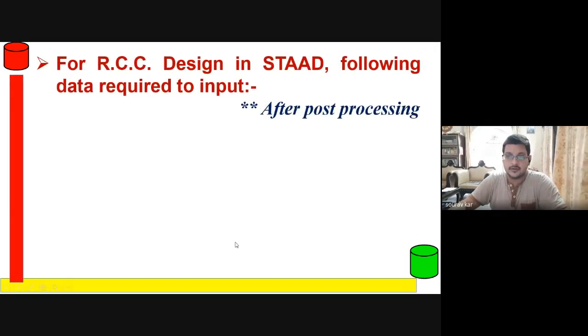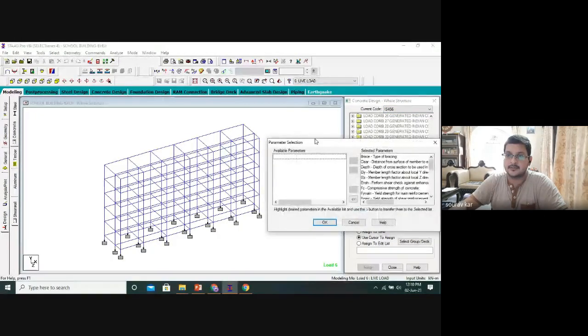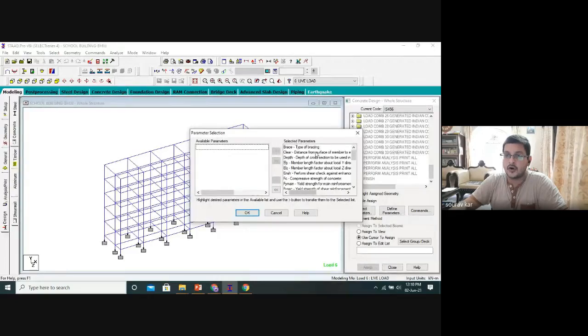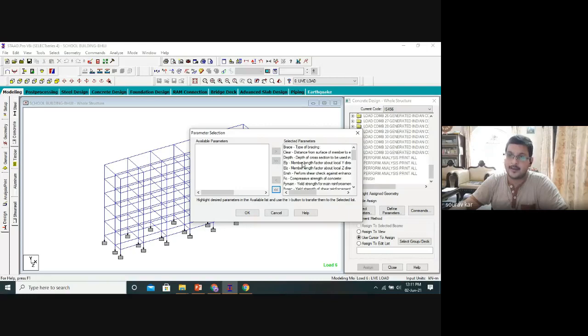Let me show you first. So come to this STAAD file, IS 456. I am selecting the select parameters. See, I am clicking, and all this bucket list has been filled. So I do not require all these parameters, so I will click on this double arrow. If you want to select one option, then you can use the single arrow.